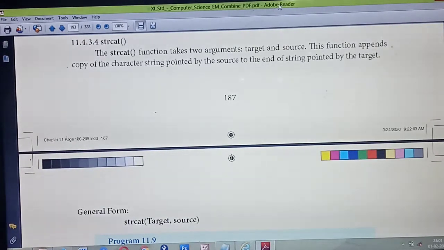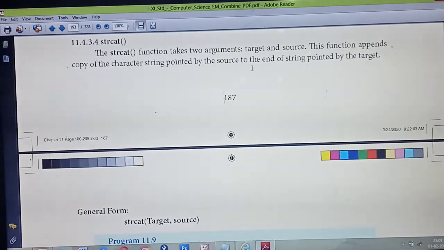Already you have studied about this target and source, in which one? String copy, isn't it? What's the use of string copy? It copies the string you have given at the source to the target. The same thing here, strcat means it will append at the end of the previous characters.